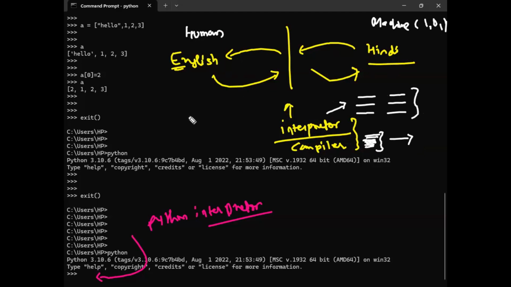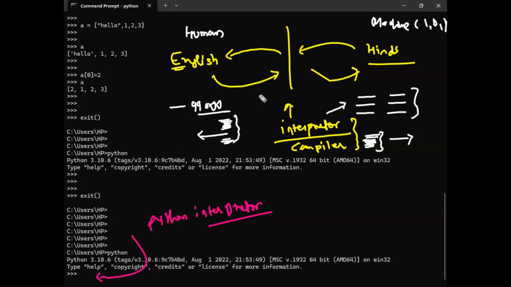What is the difference? Let us say you have 1 lakh lines of code in your script and you have a problem on line 99,000. The compiler will throw an error and say stop, first correct this.